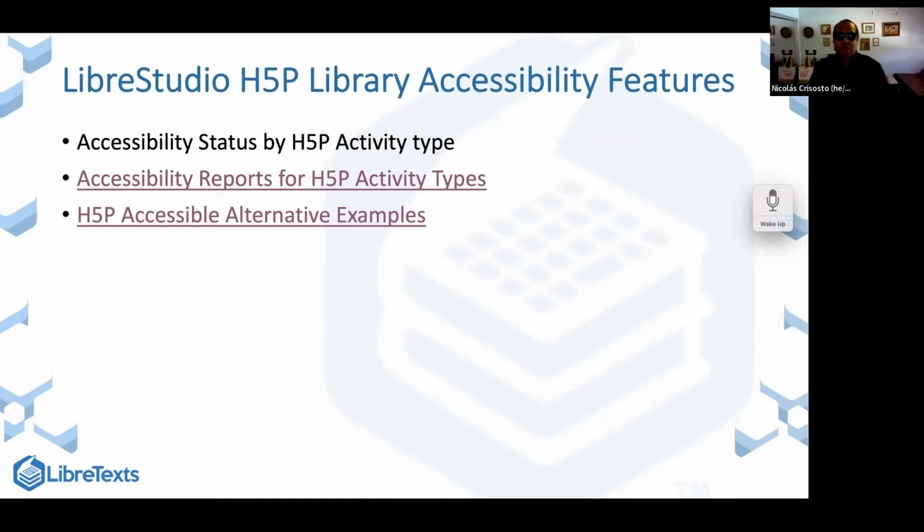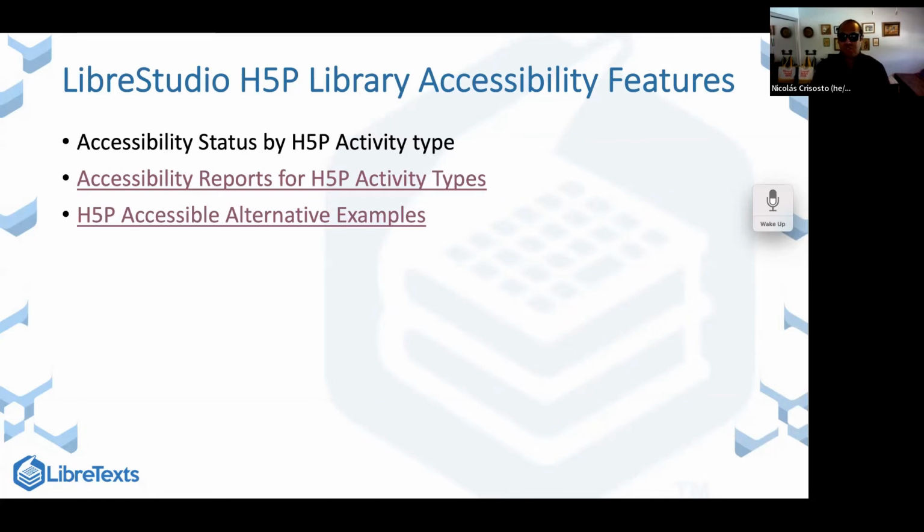And while we don't have the capacity to do a comprehensive audit of each of those types of activities, we've done an accessibility report for each of those H5P activity types. So whether you're looking at drag and drop, multiple choice, fill in the blanks, whichever interactive activity,